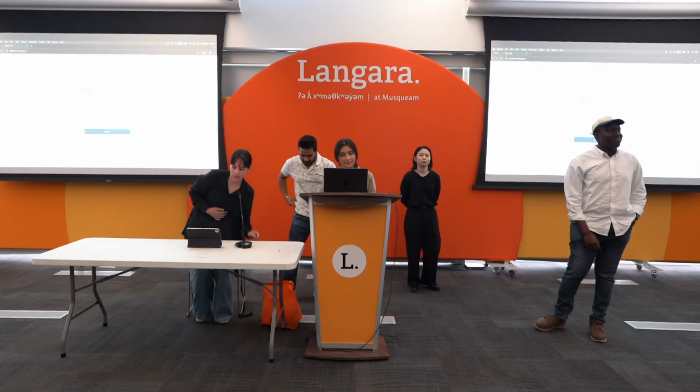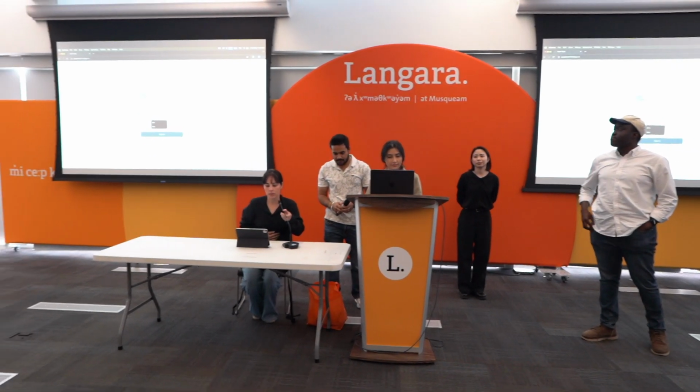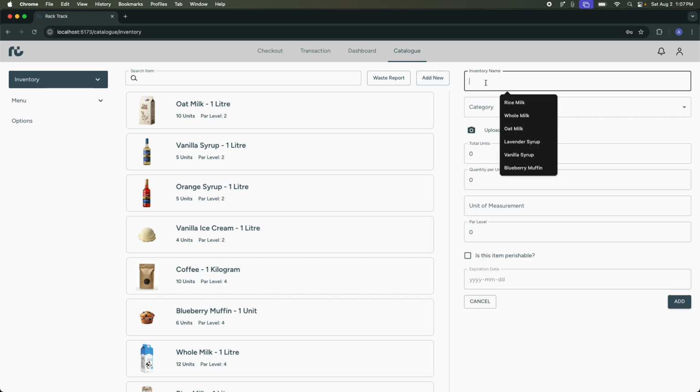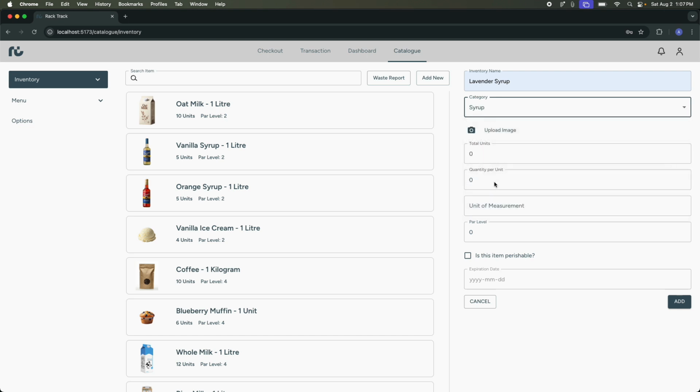Hello, everyone. My name is Alex. I'm a UX UI designer for Trak. For this demo, I'm going to pretend I'm the manager of our local coffee shop already using Trak. First of all, I'm going to sign into my account. I just received a new product: 4 bottles of lavender syrup. Since we've never had lavender syrup before, I need to add them to the inventory from scratch.